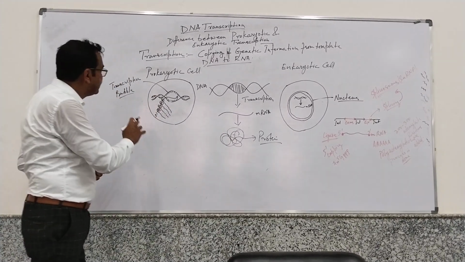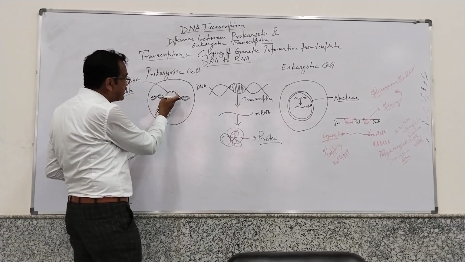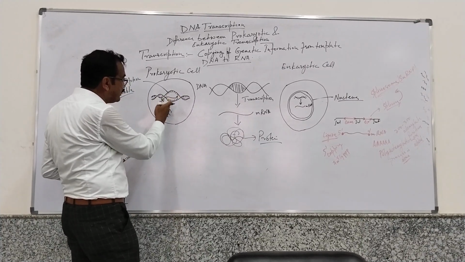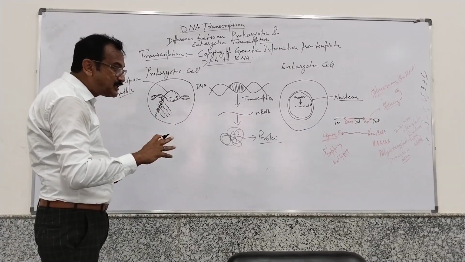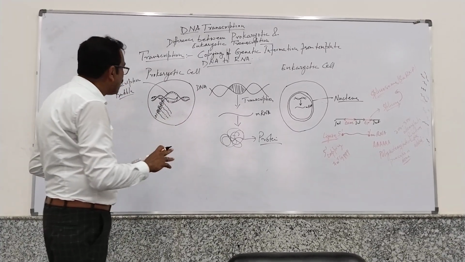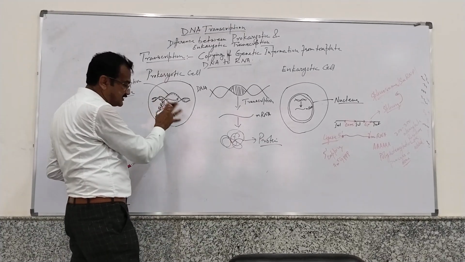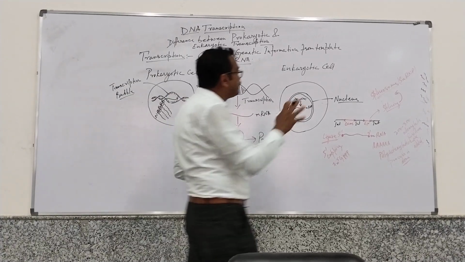Polypeptide chains are forming over here, and the process of transcription is still not complete. Transcription and translation both take place simultaneously, which is known as transcription-translation coupling, or transcription protein synthesis coupling, in the prokaryotic cell, which is not a characteristic feature of eukaryotes,